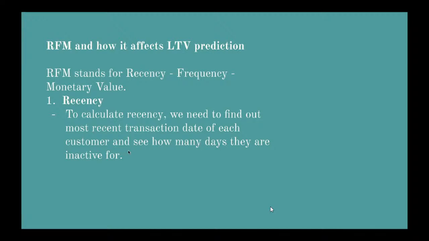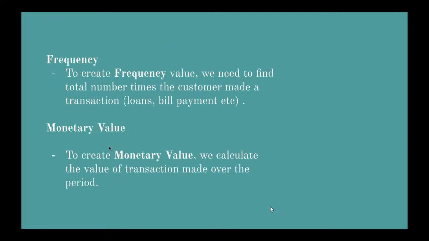So in our case, you're trying to predict customer lifetime value for the next 3 years. And you start by looking at the last transaction for the past 6 months. To derive the recency, look at the most recent date of transaction per customer and extract the date difference from the latest date the customer made a transaction. You compare it and save the value. That becomes your recency. The next one is the frequency.